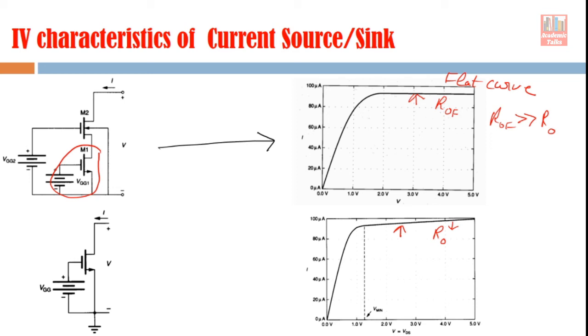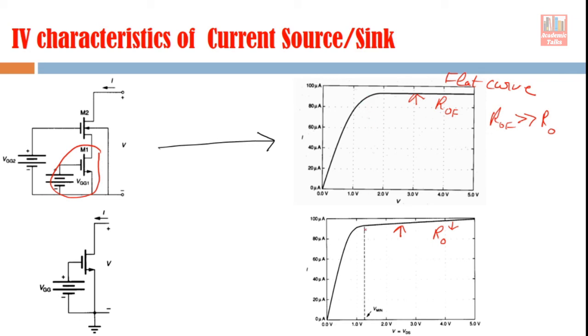Okay. So, now we understand that there is definitely improvement in the performance because of negative feedback, but what about the parameters? There are two parameters, output resistance and minimum voltage, V minimum. The output resistance, what is the value of output resistance or how to calculate it in case of a feedback system, that we have seen in the earlier slide. Now, let us have a look at the minimum voltage, V minimum. That V minimum you can see here.